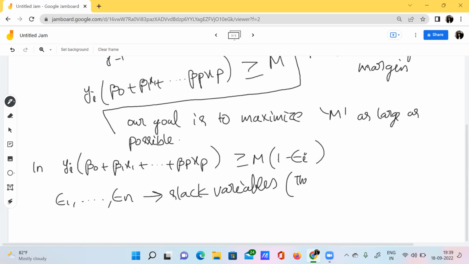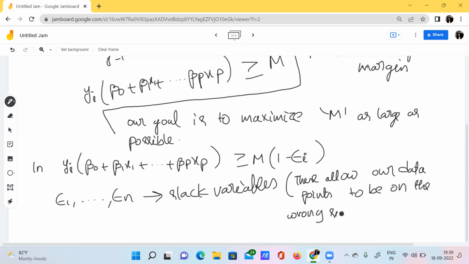These allow our data points to be on the wrong side of the margin or hyperplane.